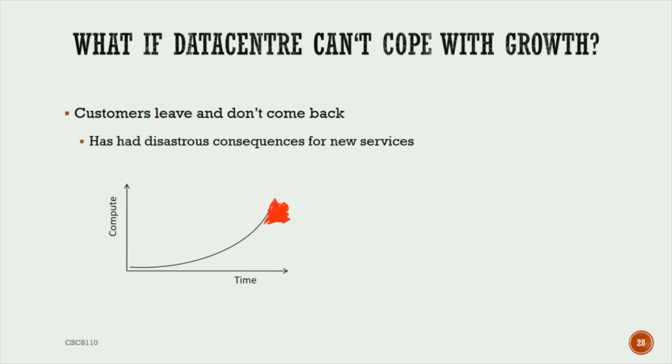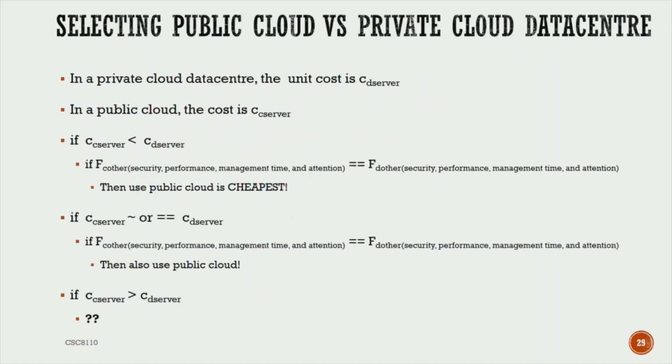So now, going to that, we are looking into how we can determine when to use public cloud, when to use private cloud, and when to use hybrid cloud. The first equation we want to see is when to use public cloud versus private cloud. If CD server is the unit cost of setting up and running your private data center, and C server is the cost of using a public cloud server, if the cloud cost is less than CD server